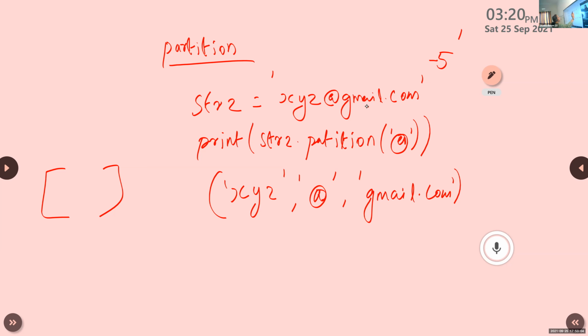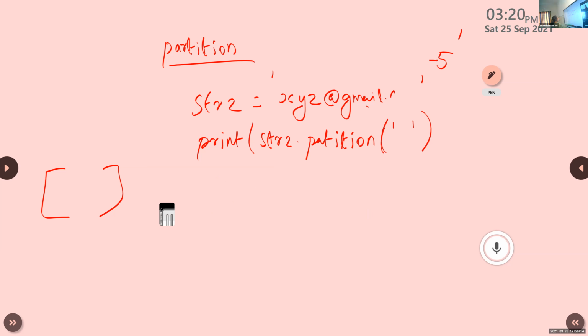Then one more option. If there is no separator, it returns the string itself as the first part, followed by 2 empty strings.